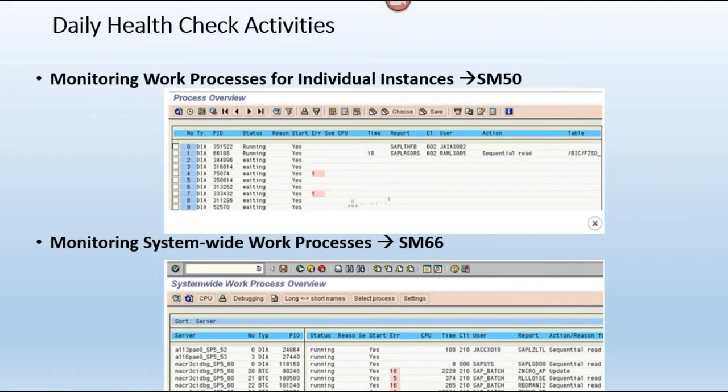Why? Because that background work process we can check in the SM37 T code. How much time it is running, and whether that background job has run previously or not. If it has run, then we need to know whether it finished previously, and how much time it took the last time.